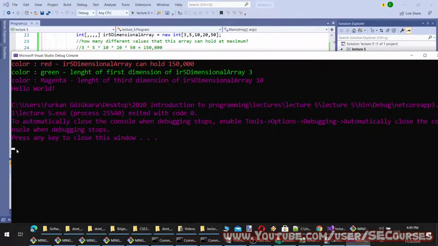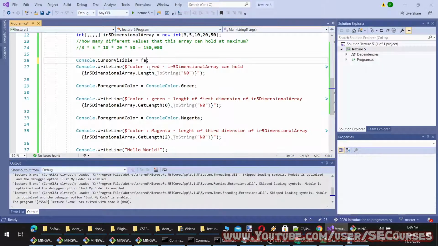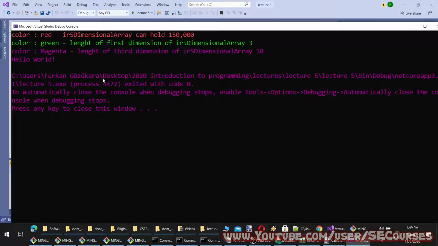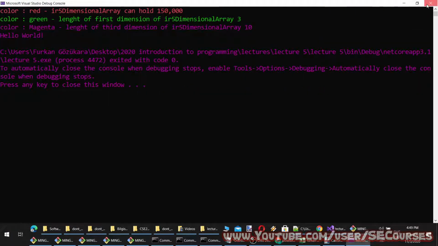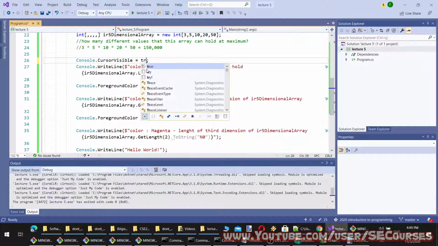Okay, cursor is blinking right now, as you can see here. It is at the end of the text, and when it is false, it is invisible, as you can see. No cursor is blinking, and let's make it true.